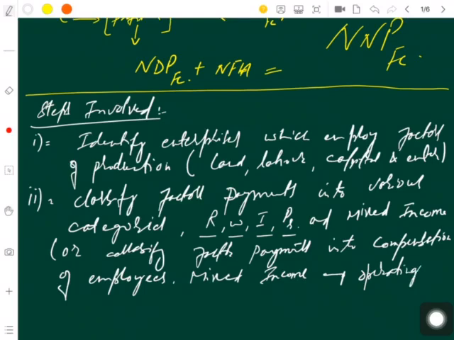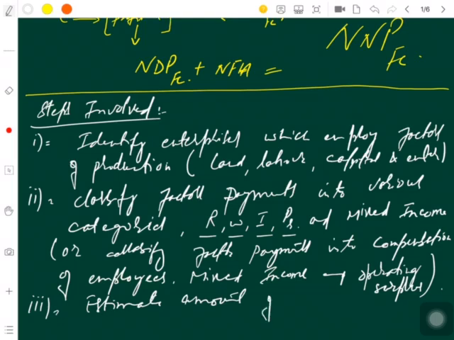That means we have now some more terms to take into consideration, to understand what this compensation of employees is, what this mixed income is, and what this operating surplus is. I'll come upon it very shortly, but first we will complete the next steps. And the third step is to estimate the amount of factor payments made by